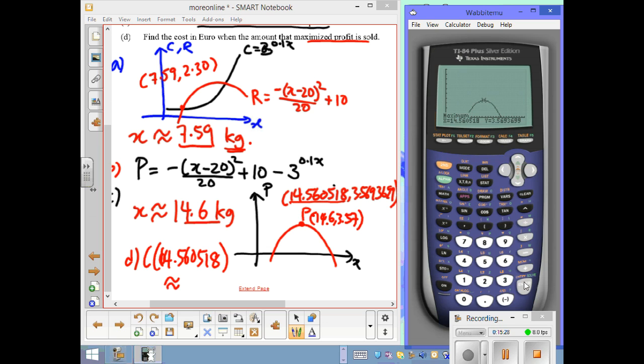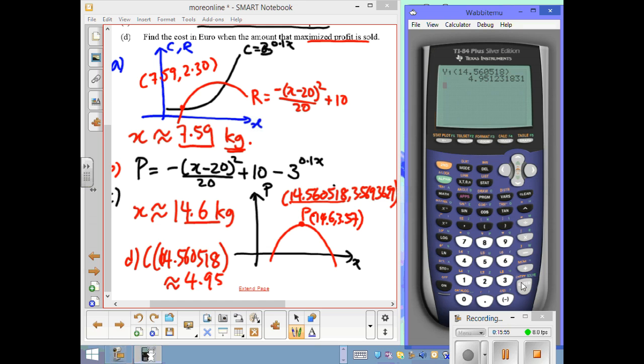To do this, I simply have to quit this page, go to vars, go to function, and then select y1 because y1 is my cost function. Now I enter this value, 14.560518, as many digits as you can get, and then press enter, and you now get